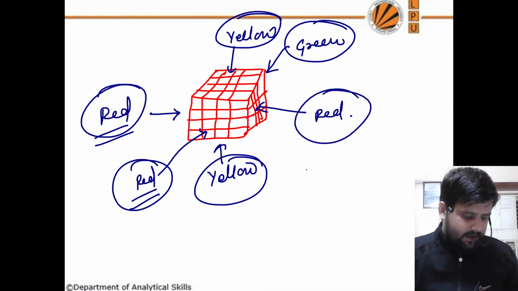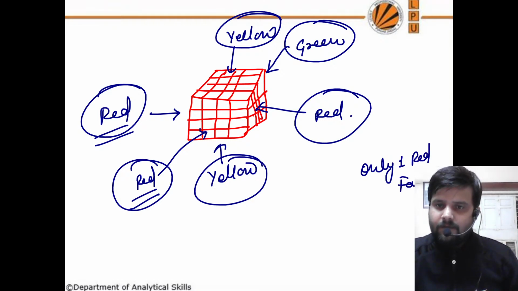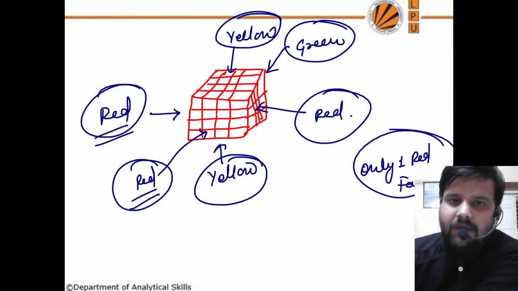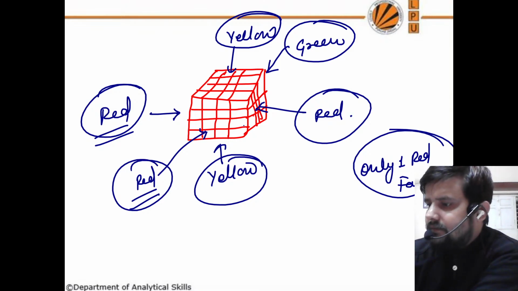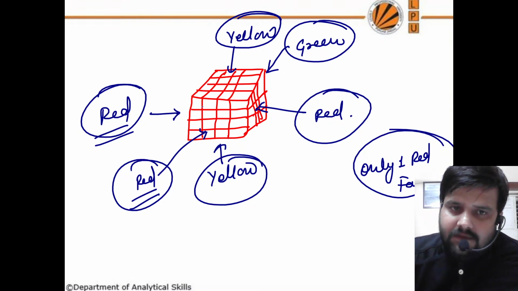नाउ दे आर आस्किंग 64 क्यूब्स आर देयर, हाउ मेनी क्यूब्स हैव ओनली वन रेड फेस, ओनली वन रेड फेस, ठीक है। अब देखो हम हर एक रेड फेस को ऑब्जर्व करेंगे, सिर्फ वन चाहिए, टू रेड भी नहीं चलेगा, थ्री रेड भी नहीं चलेगा, गेटिंग अ पॉइंट। नाउ ऑब्जर्व दिस फेस, हाँ, ऑब्जर्व दिस फेस फर्स्ट,